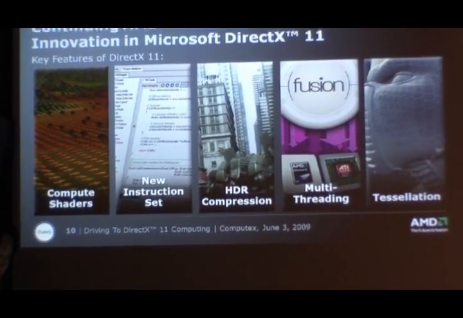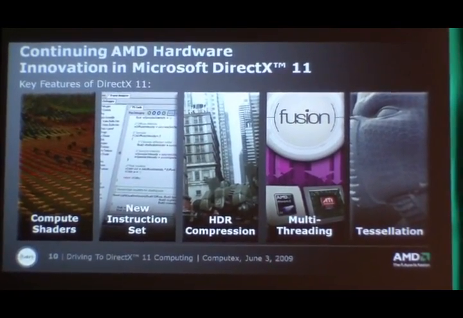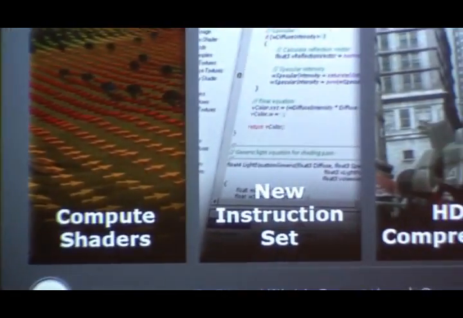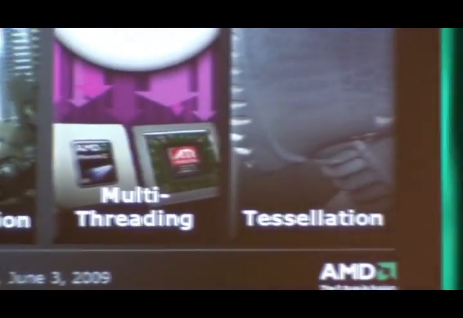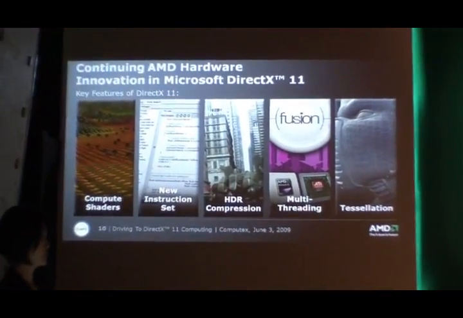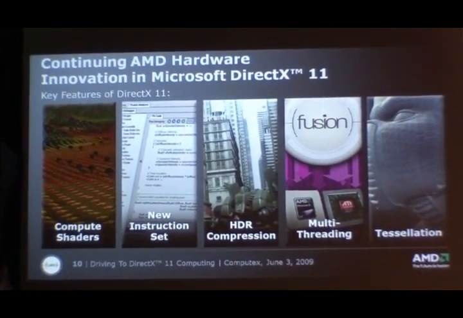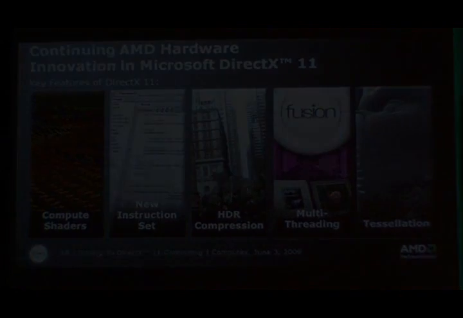So when we talk about DX11, why are we so excited about DX11? It's a new application programming interface. It brings forward something called compute shaders. And that's the ability to unlock the massively parallel capabilities of the graphics processor in different ways, in some cases for graphics, but other things like video processing. There's a new instruction set. We'll go from Pixel Shader 4.0 to Pixel Shader 5.0